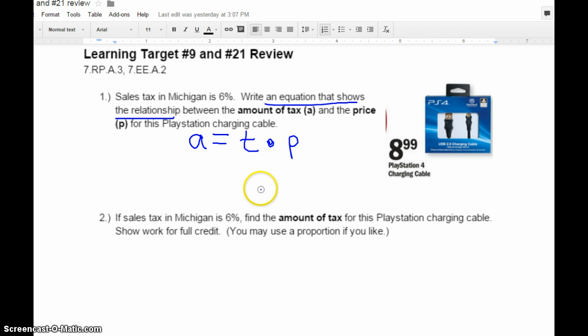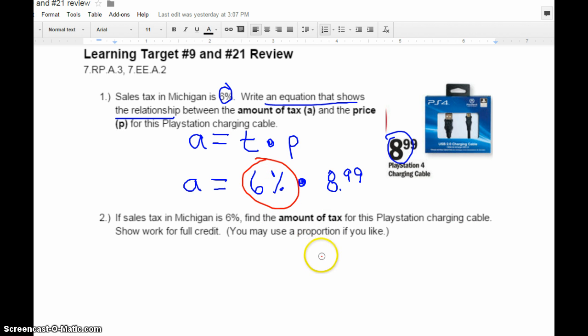Then you replace the variables with the numbers from the problem. So A, the amount of tax, we don't know. T, the tax rate, we know. And P, the price, we know: $8.99. And that's it. Now, when you go to solve this, you've got to understand that 6% is not the same